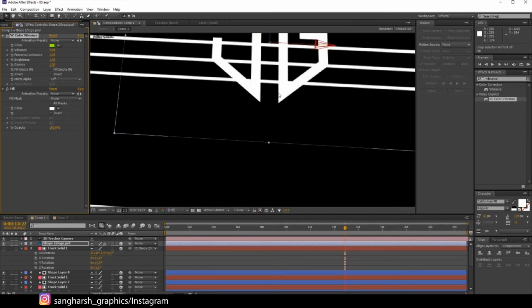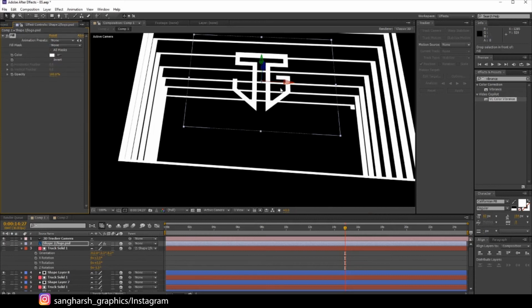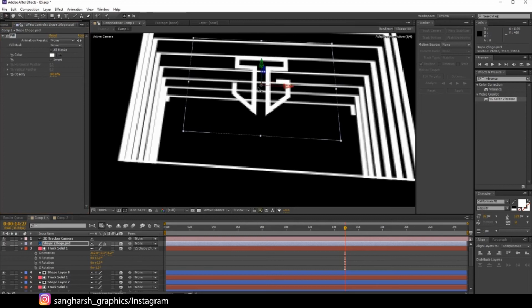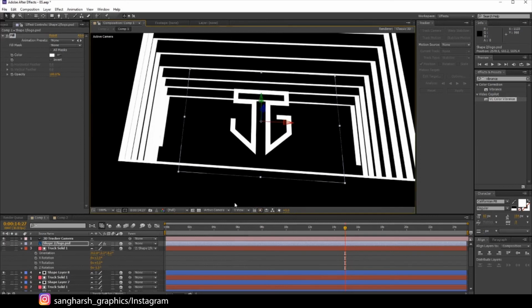Okay, it's not working on it, I don't know why. Let's just keep it white for now. Select our rotation tool, or we can just keep the logo there, and we can drag the logo something like this.